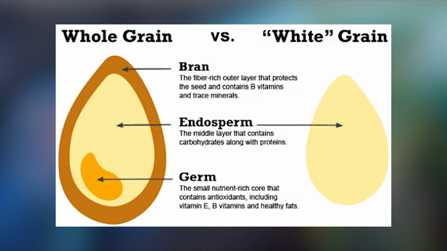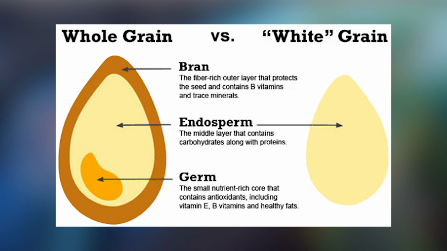The bran and also the germ, but especially the bran, are much higher in fiber, so they're tougher, more fibrous material, and they have higher protein content, also higher fat content. They do contain a range of other nutrients as well that are not present in the endosperm, as well as